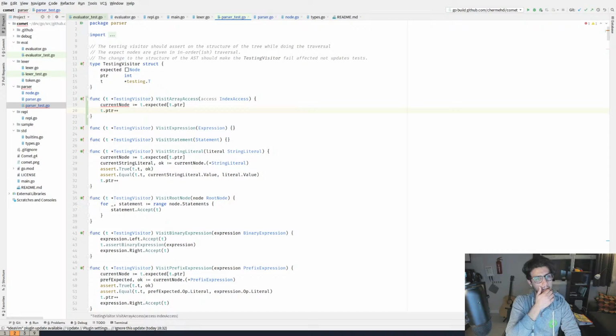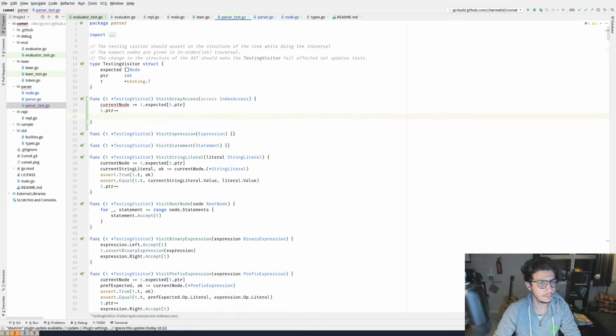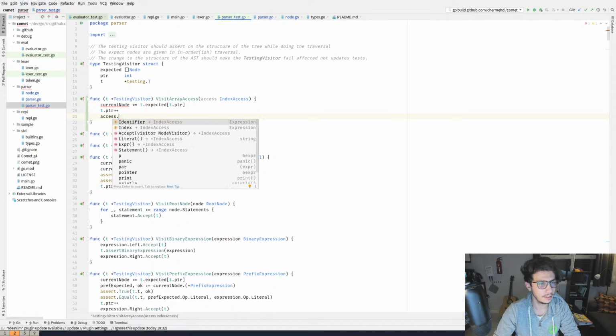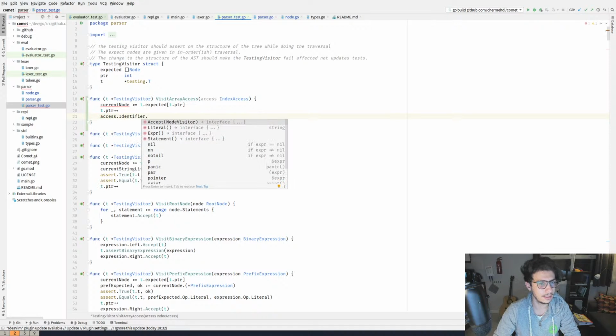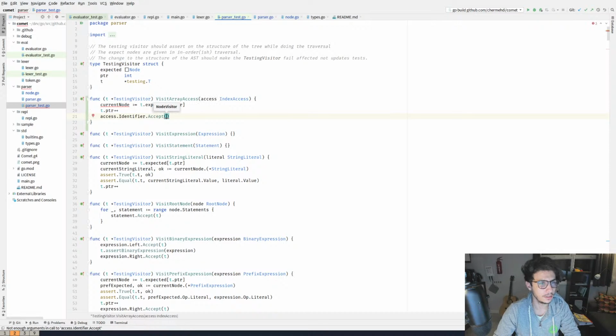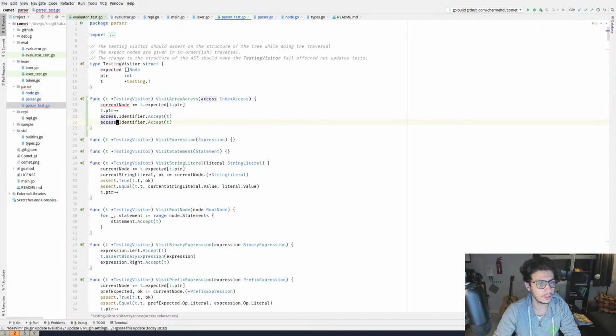Should I just create a binary expression? Anyhow, that's not an issue right now. So let's make sure that the access dot identifier dot accept the current visitor is t, and we'll do the same for the expression index, right?